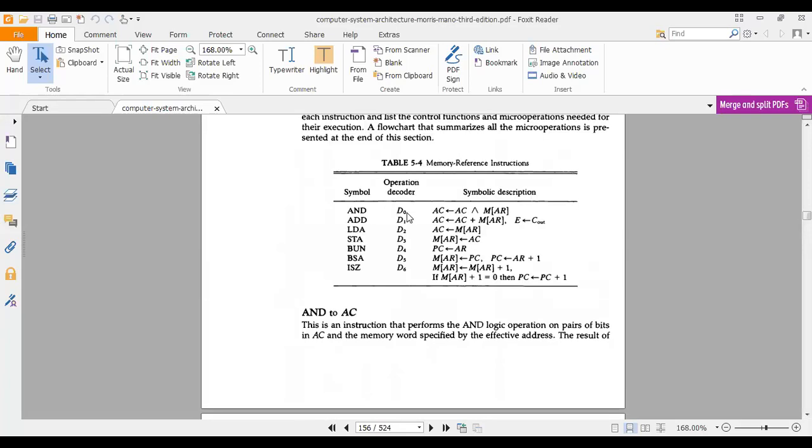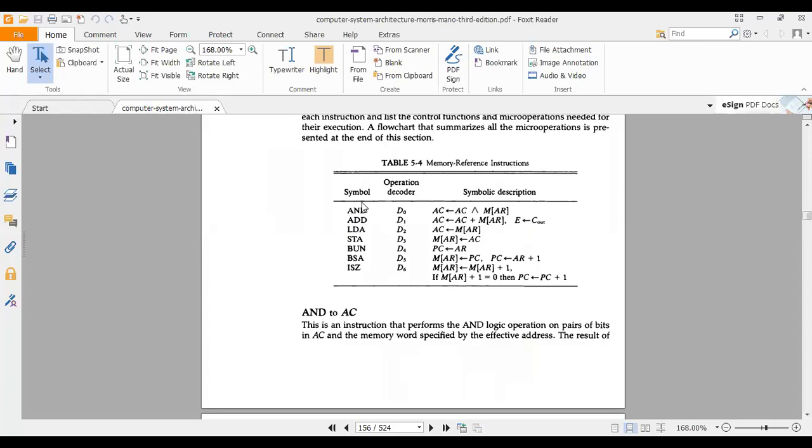So they have written that when the 12, 13, 14 number bits are 000, that is D0, and it indicates the AND operation. When 001, ADD. Then 010, 011, 100, 101, and 110.